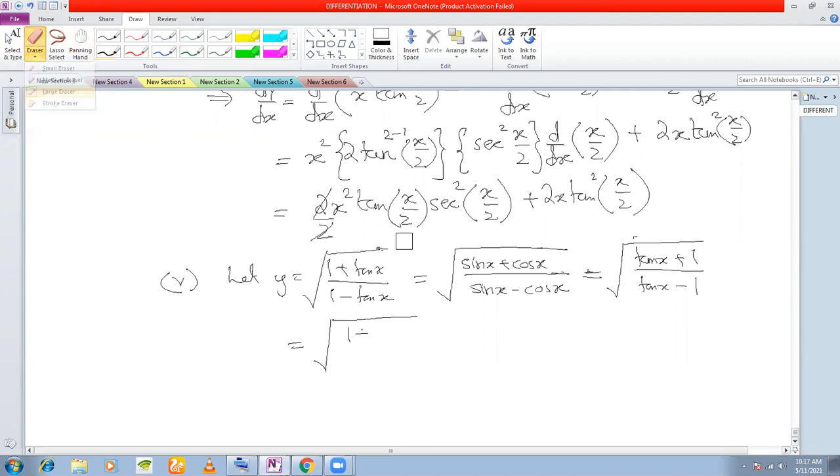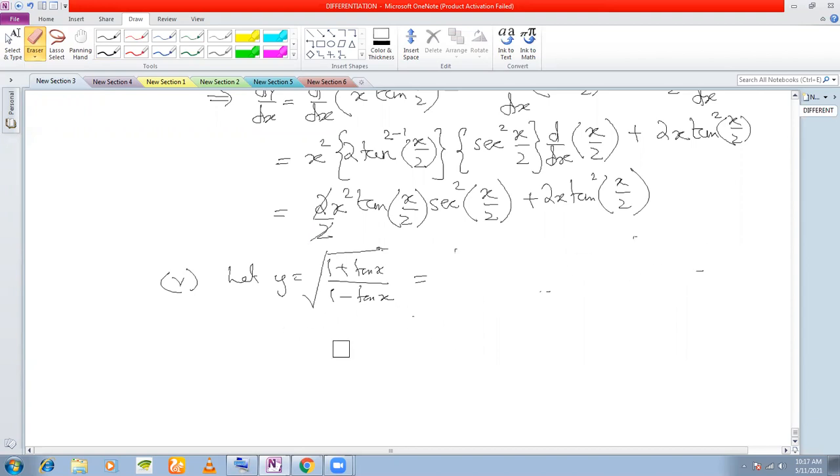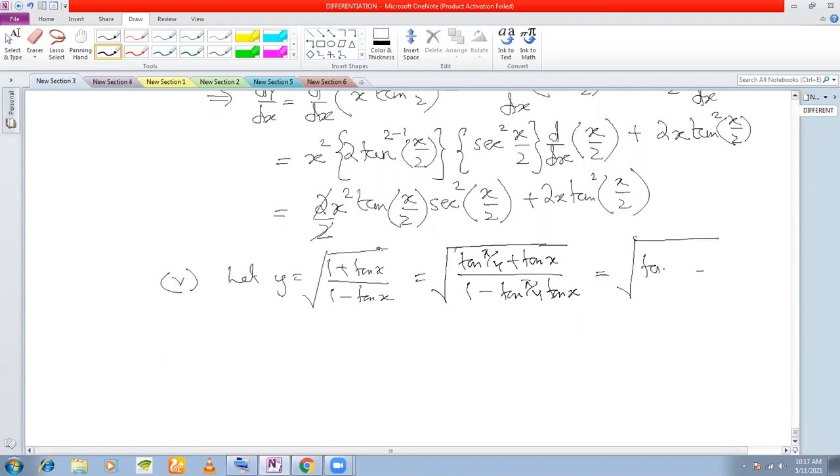You don't need to convert to sine and cos, because again I am doing the same thing. So right from the beginning you can write 1 plus tan x by 1 minus tan x as root over of (tan pi by 4 plus tan x) divided by (1 minus tan pi by 4 into tan x), just as in the way that we have done earlier. So this becomes root over of tan (pi by 4 plus x) by the compound angle formula. Now it becomes easier to differentiate. So therefore dy/dx will be d/dx of